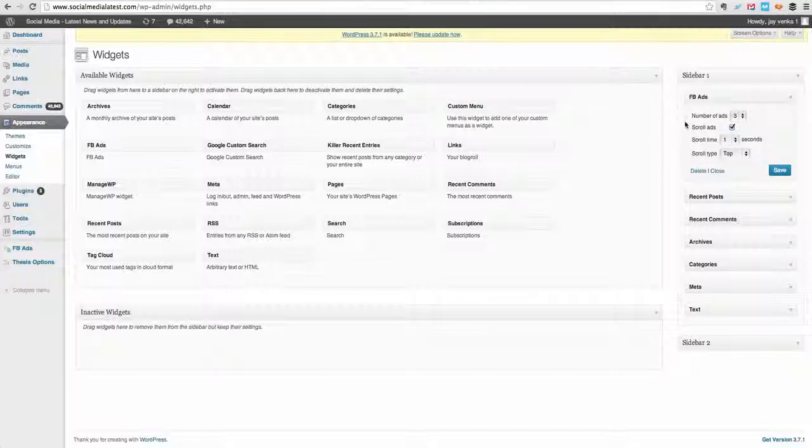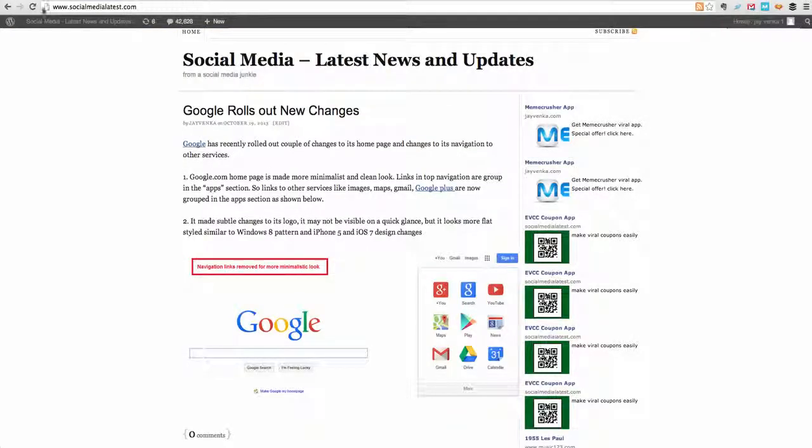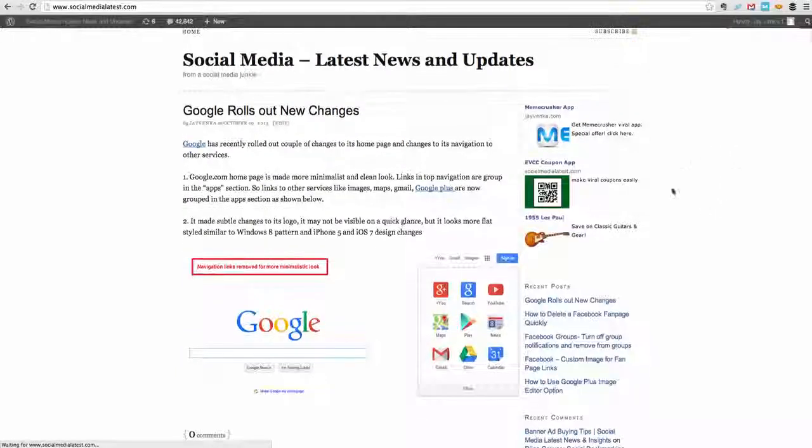So we have 4 ads that are in there currently. We'll show 3. We'll scroll them. And let's say that we want them to refresh every 6 seconds, and we will go from the top, and you'll see what I mean there in a second. We'll hit save. Now let's go over here to our page, and I will refresh this, and you'll see it has 3